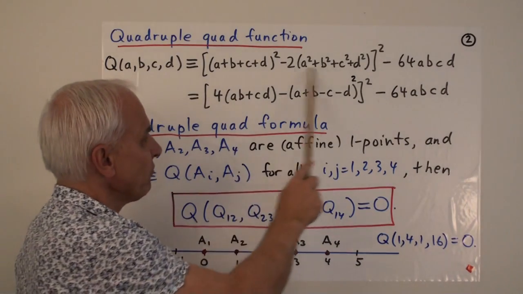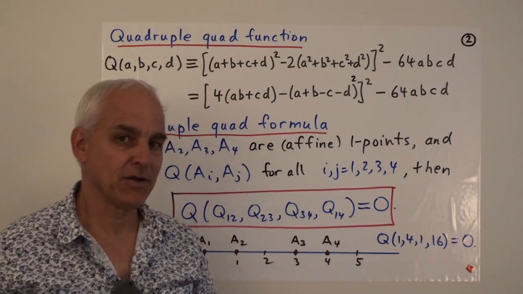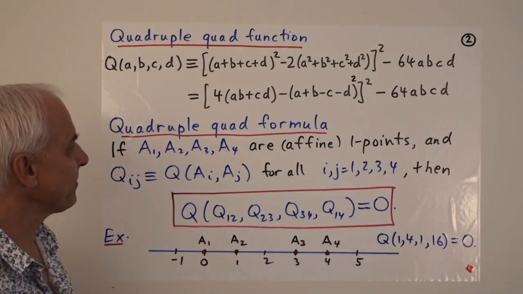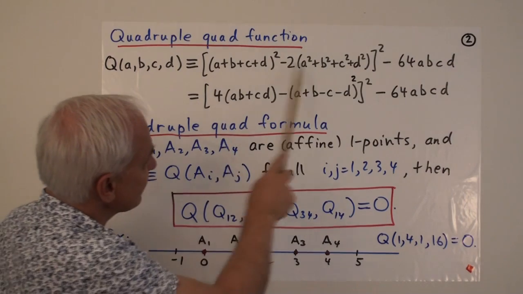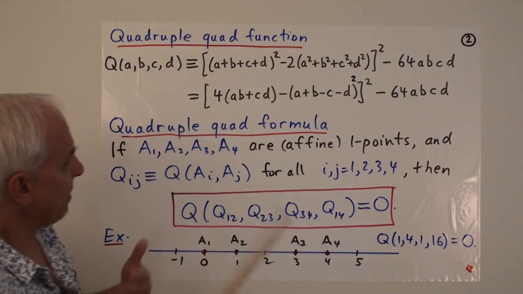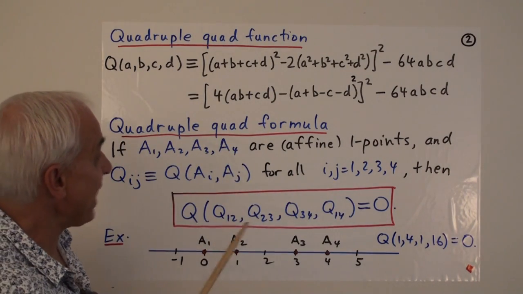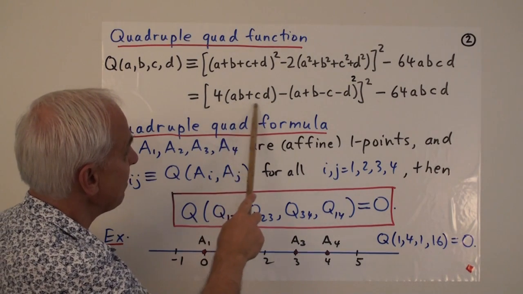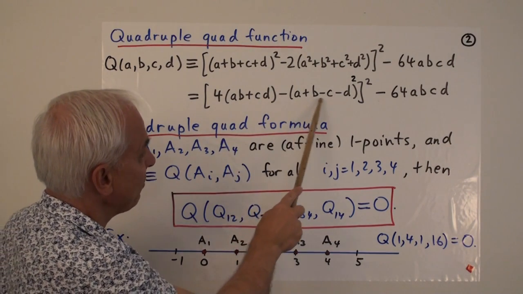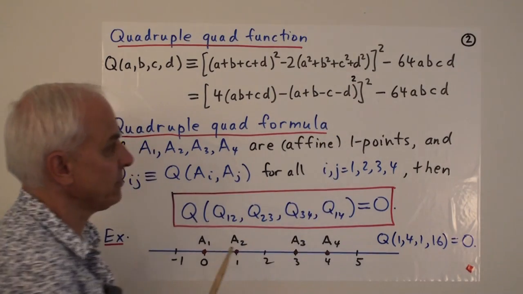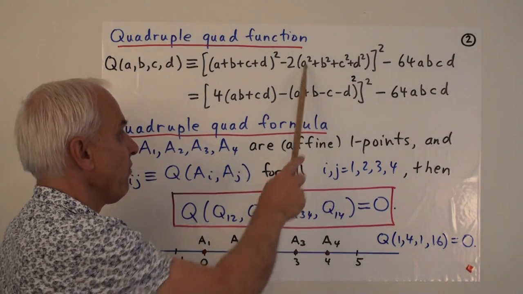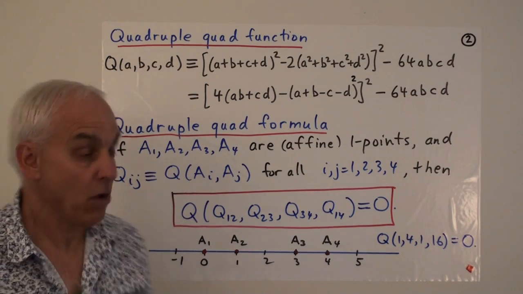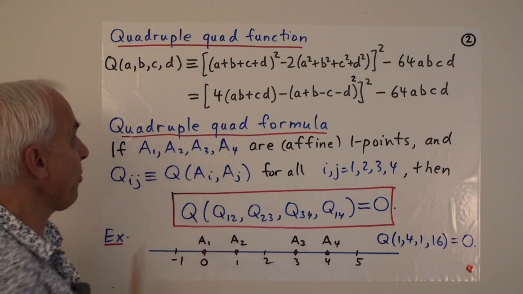And this was very similar to the triple quad formula, or what we call Archimedes function. And we saw also that this inside here can be re-expressed in an asymmetrical form, and so we could replace it with 4 times AB plus CD minus A plus B minus C minus D squared. It's another way of writing this. And why was this function important? Well, because of this quadruple quad formula.